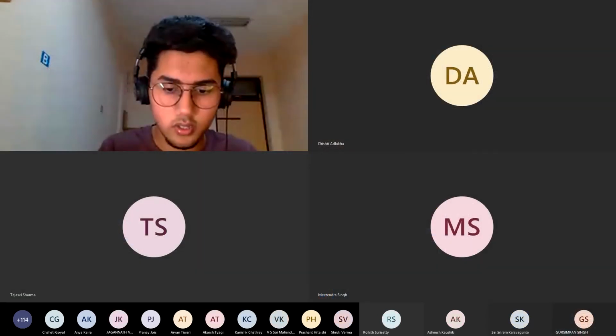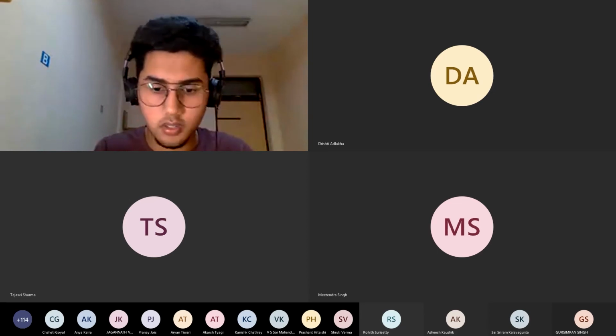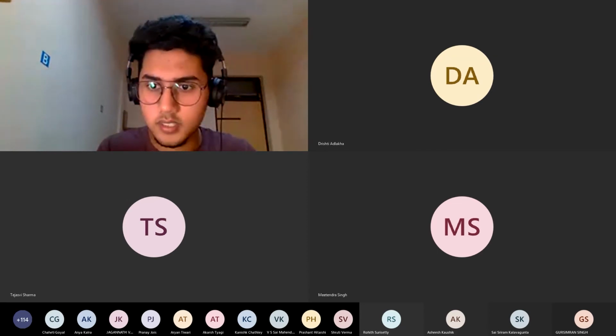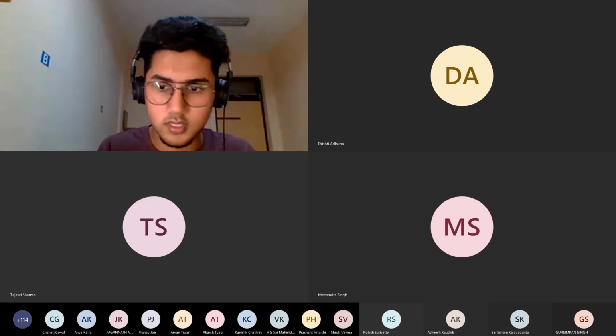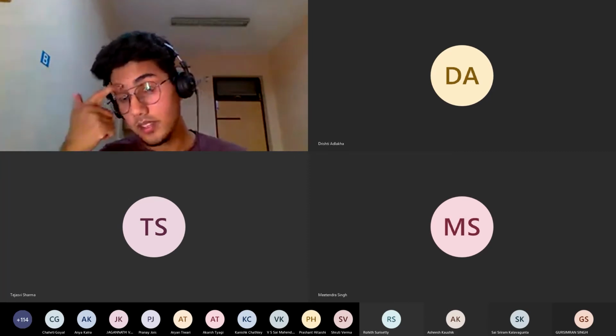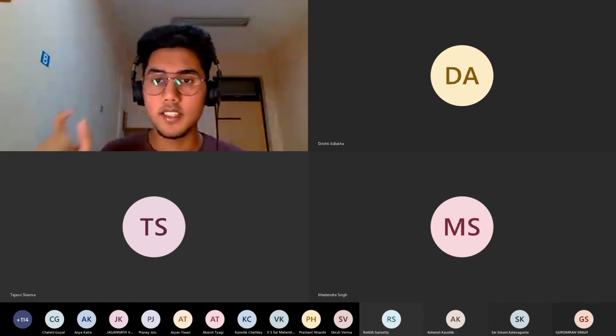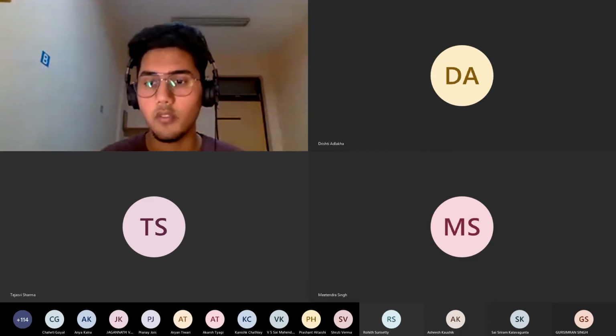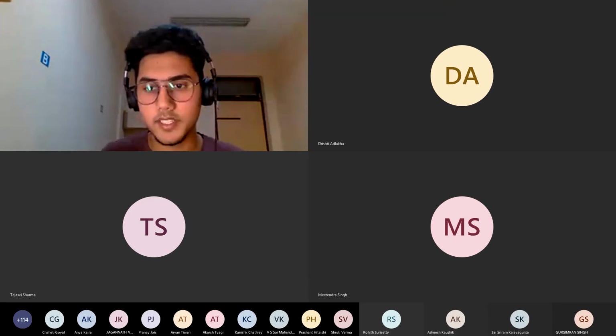Over here, denoise was the latest one that we did right now, which removes the noise. Then there was high pass and low pass. So what high pass does is it passes the audio which has the frequency higher than what we said. Similarly, low pass passes the audio which has a lower frequency than what we've said.